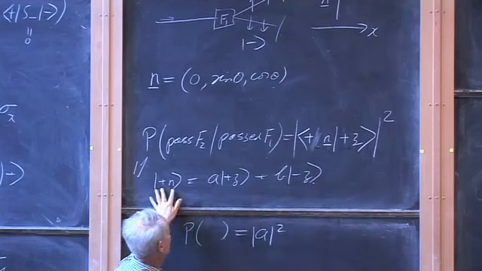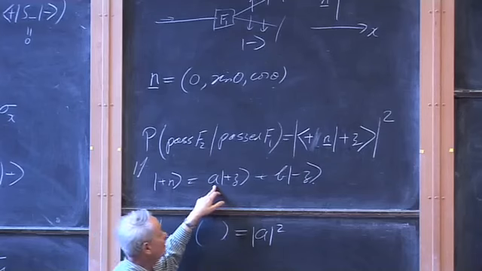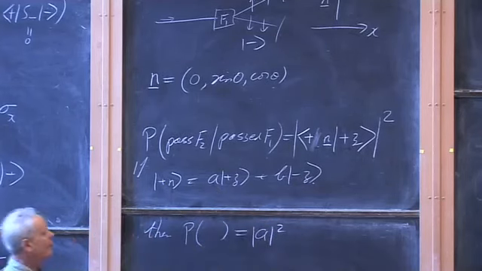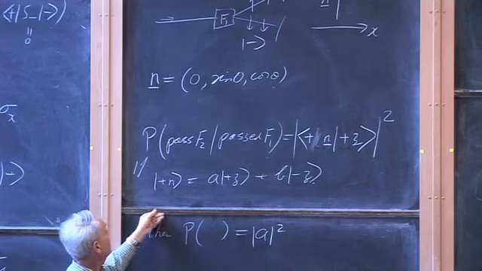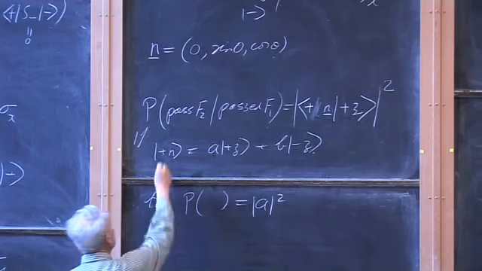To get out of this ket, you could get the bra you want up there by complex conjugating it. You'd have an A star, bang in with plus on Z, and you'd pick out A star. So the probability we want is just mod A squared. So that's our exercise to find A and B, and we'll be all done. How to find A and B? Well, what's the